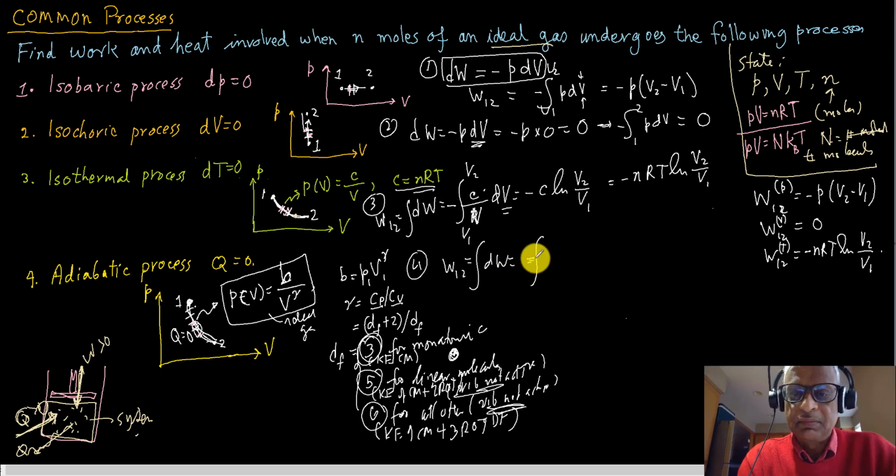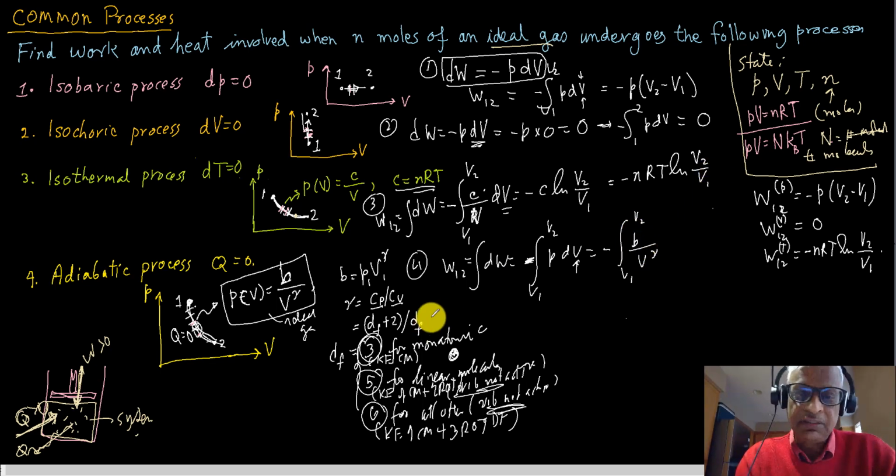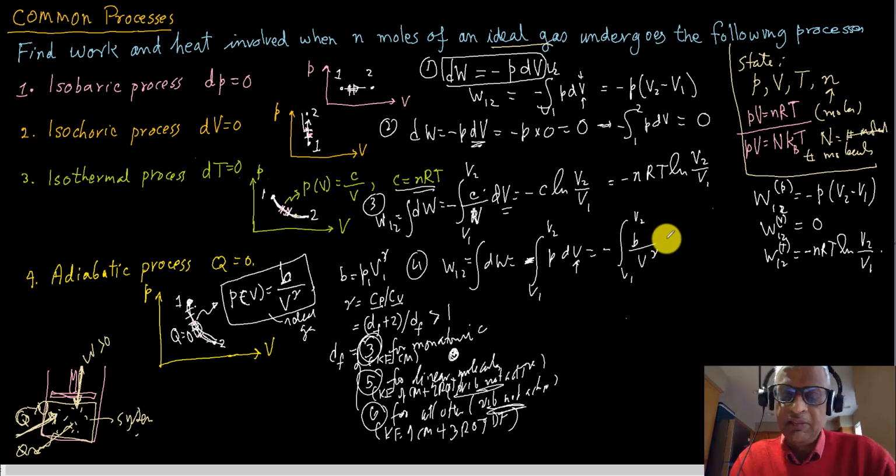minus P dV, and this is the volume, so it goes from V1 to V2, and P now is B over V to the power gamma, so minus the integral from V1 to V2 of B over V to the power gamma, and gamma is, you can see, greater than 1. So you have a dV, so minus B,